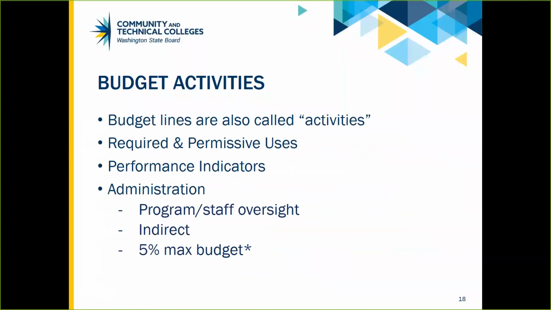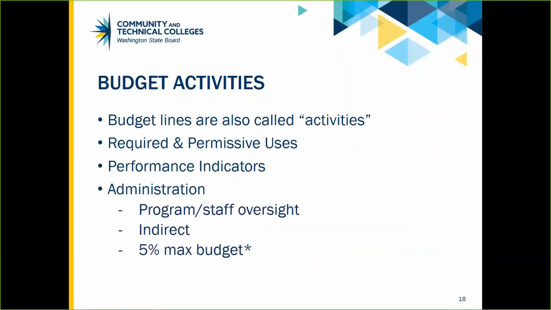Okay. So let's go through budget activities and categories now. This grant has 3 activities or lines and several categories or columns. For accounting, tracking, and reporting purposes, it's critical that things be budgeted on the correct budget lines and in the correct budget cells. For this grant, you're going to use most of your budget for the required and permissive uses